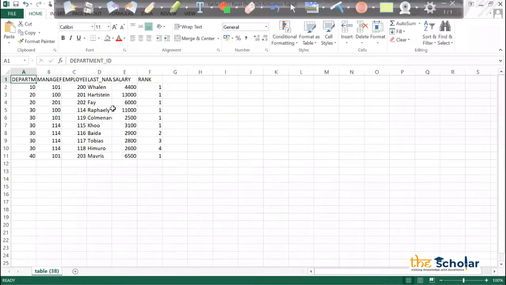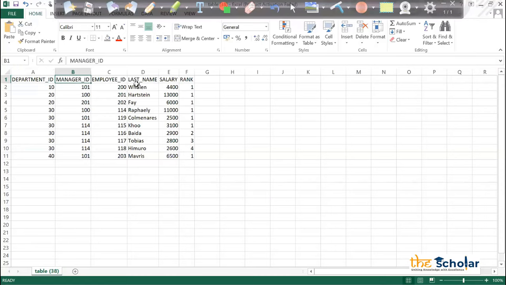As of now, the partitioning is happening by two columns, department as well as manager. So 110, this is only one record, so obviously the rank goes to 1, no doubt about that. Here 20, I have two records, both with different managers. Here the manager is 100, here the manager is 201. Partitioning is happening based on two columns, so rank will be 1, 1, which makes sense, because now this is considered as one group and this is considered as one group. Because I have only one employee with the same manager ID and department ID, I'm getting 1 as a rank.